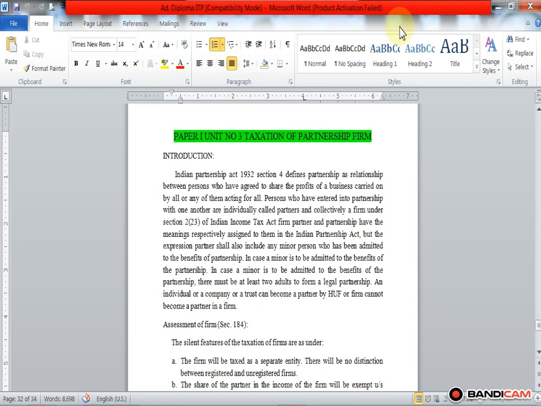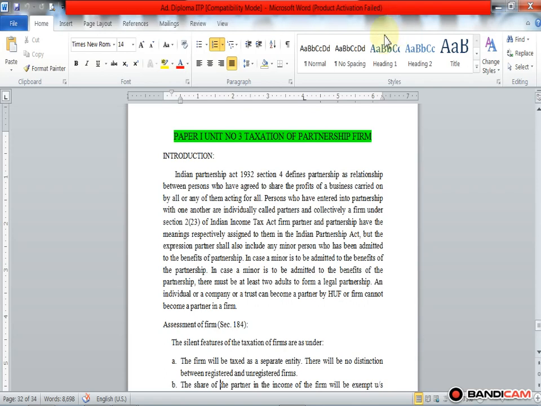In case a minor is to be admitted to the benefits of the partnership, there must be at least two adults to form a legal partnership. An individual or a company or a trust can become a partner, but an HUF or a firm cannot become a partner